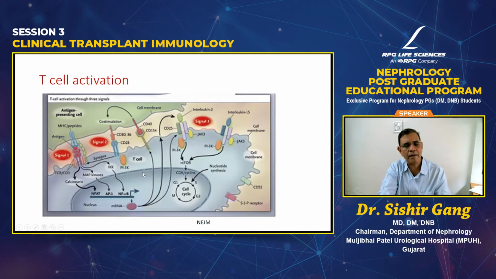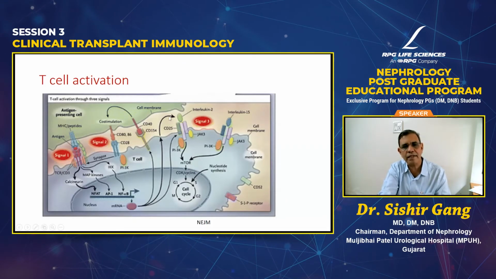Now, there are several intracellular pathways. Again, I won't talk in detail about it, but just to allude to some of those pathways, calcineurin is one important pathway, which activates the NFAT. NFAT is activated by the phosphatase pathway, which then goes to the gene. It replicates the genes for several cytokines, and one of the important genes that it replicates is IL-2.